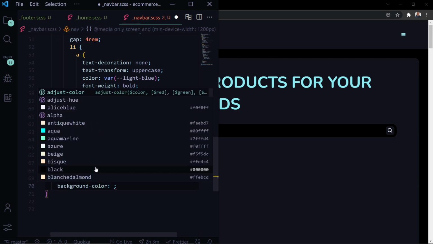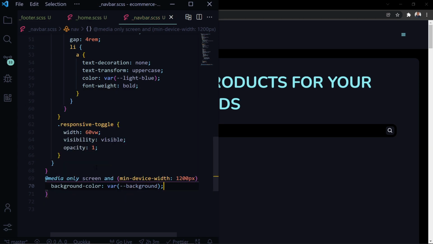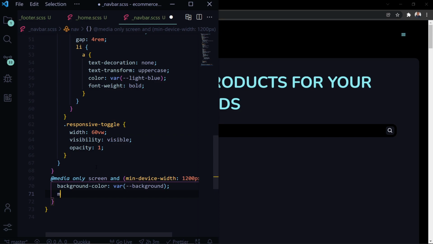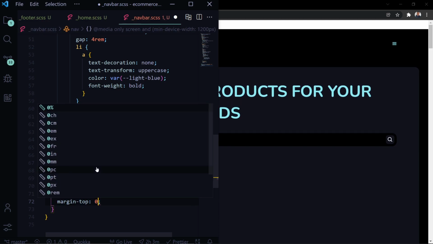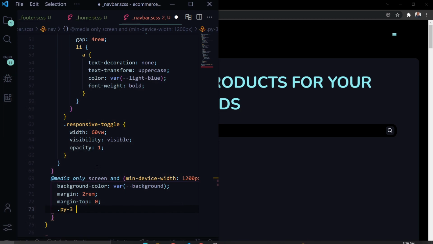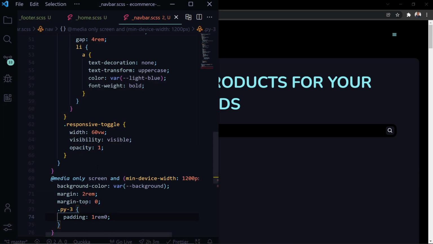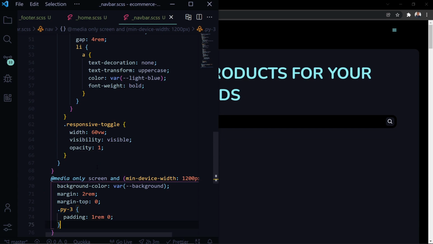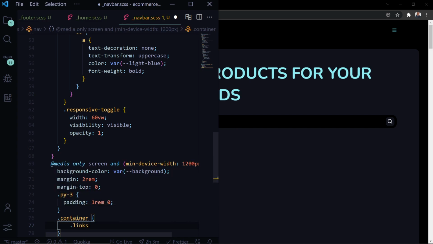First we need background color of where background, then we'll give it a margin of 2rem, then we'll provide margin top of 0, then we have py3, padding 1rem and 0. Then after this we have the container, then we have the links container,